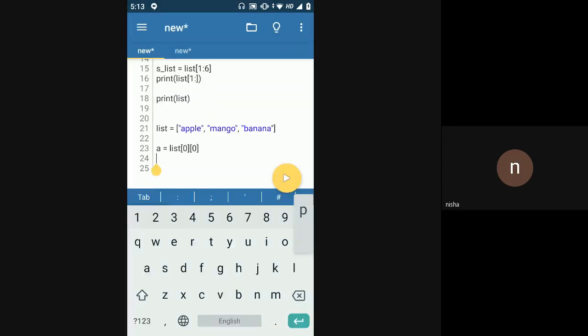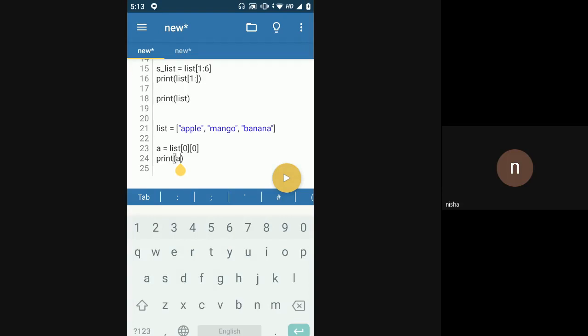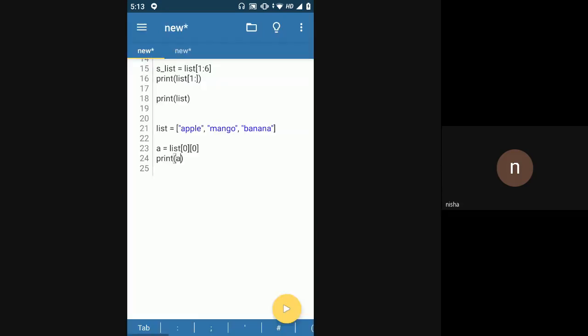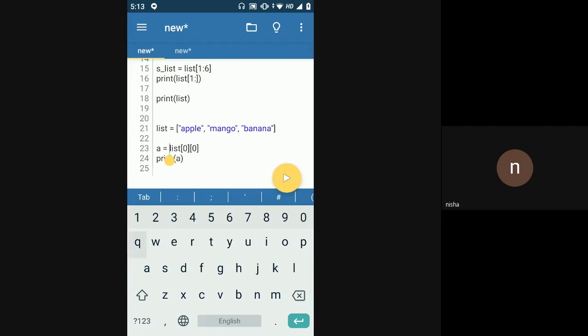Got this, everyone? A. So there's no need to put that string into a separate variable and then get the character. You can directly say list of 0, even if I want the character E in this case. E is at index 4 inside the string, right? So here I can just say 4. So list of 0, you always read from the left hand side. List of 0 will give me the element present in the list at index 0, which would be apple, and I want the character at index 4 in this string.